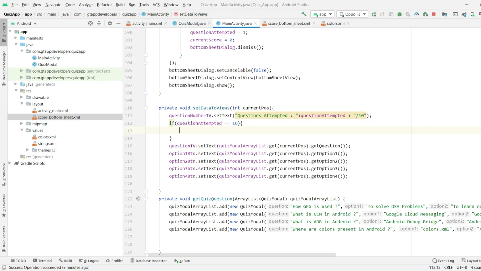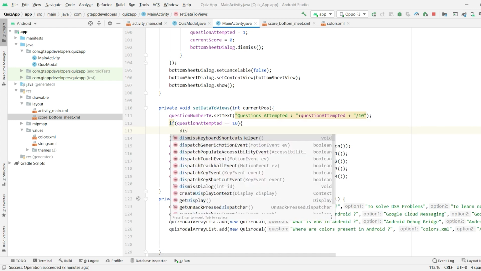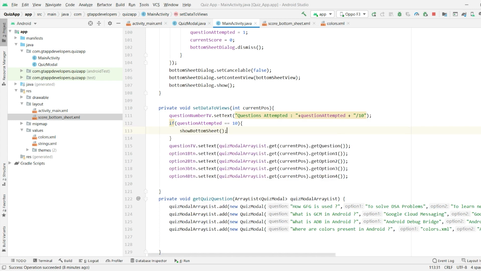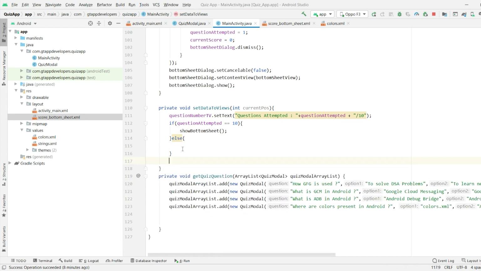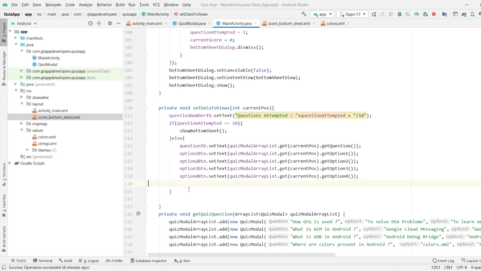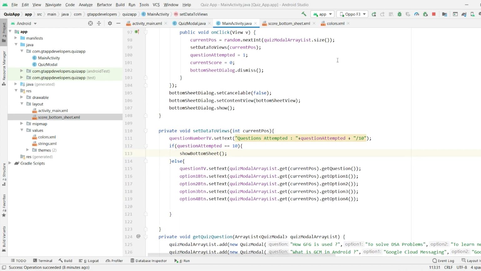If the questions attempted by the user is 10, then we will simply call this method showBottomSheet. Else, we will change the text view. That is, we will put this code inside the else block. Now our bottom sheet will be displayed as soon as the user has attempted the 10 questions. Now we have to run the app again and check for the output.